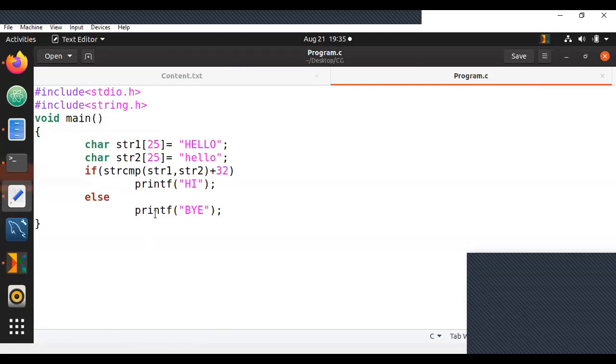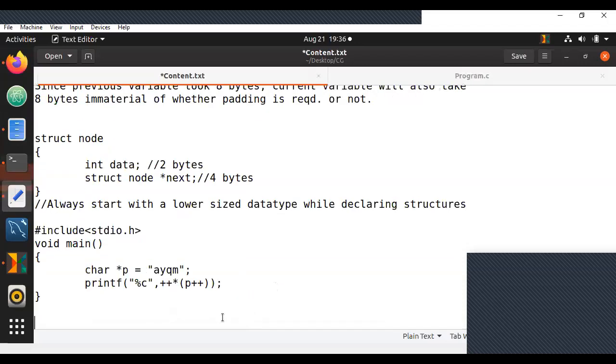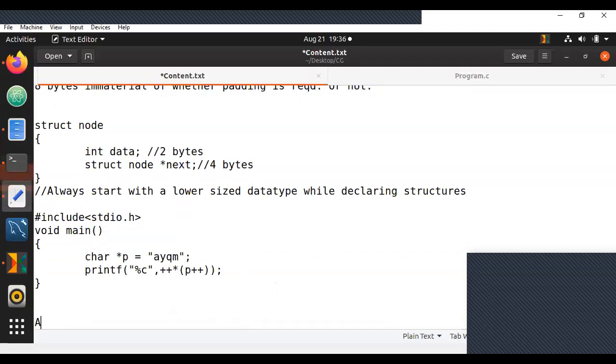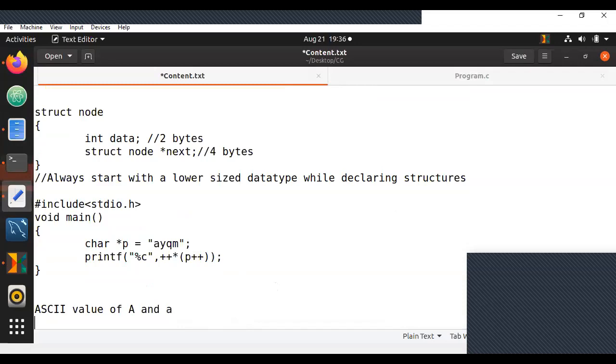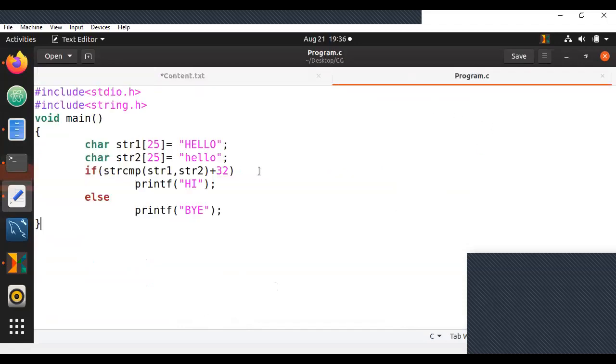See, one thing you should know here is, always remember, yes, in short terms it was because it was not true, but why was it not true? To understand this, consider the ASCII values of uppercase A and lowercase a. You can add an integer to a character. I'm not adding this integer to a string. This is not a string, this is strcmp. Now, let me explain first.